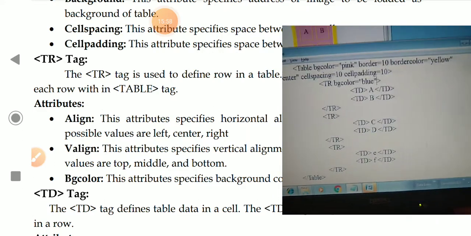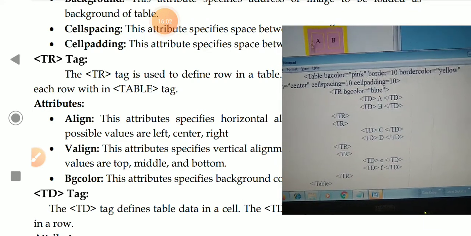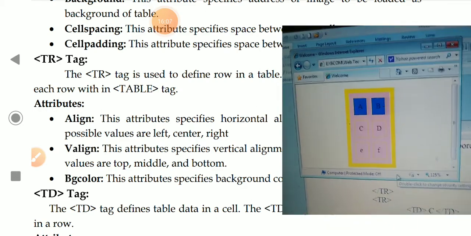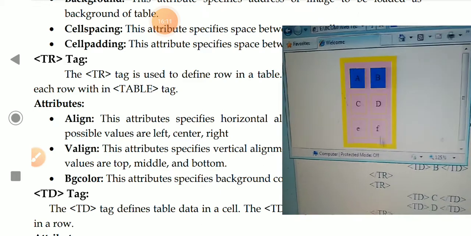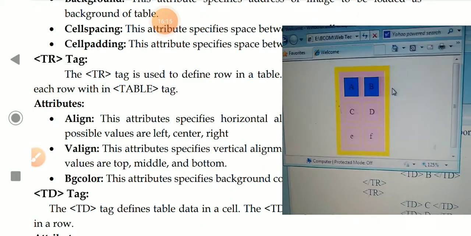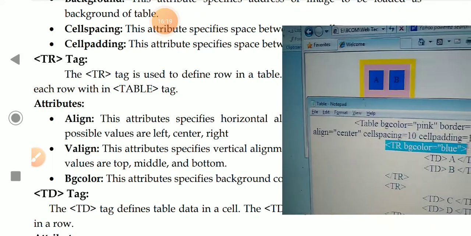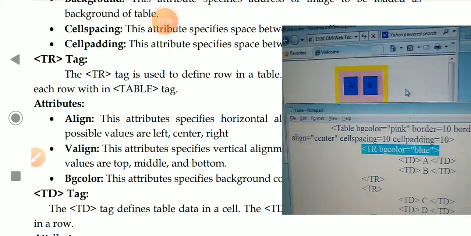Now tell me, only the first row will be blue, not the total table. The remaining colors stay the same. If you give the bg color attribute for the tr tag, it will be applicable only to that particular row.